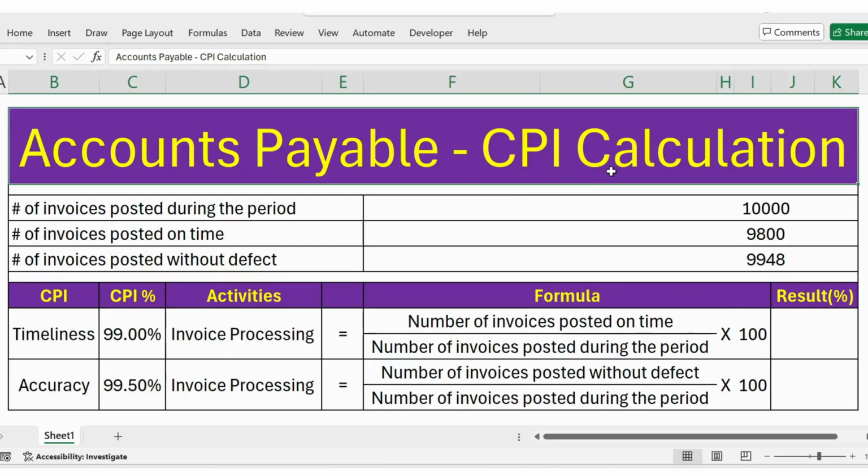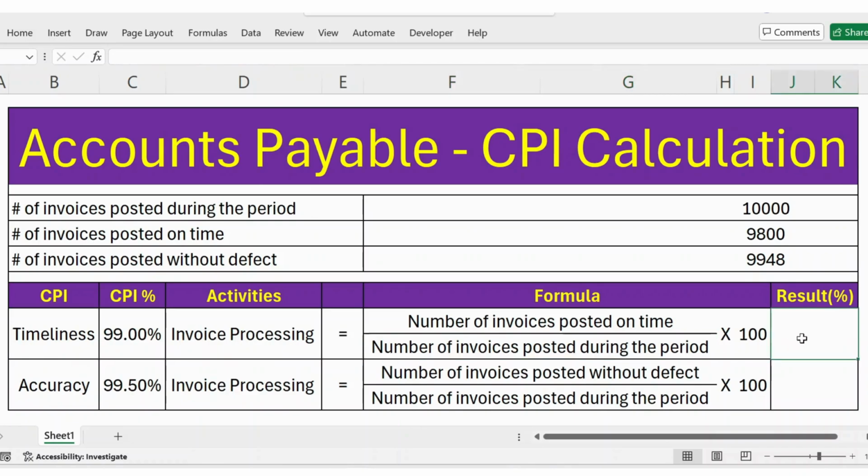CPI calculation, that is, key performance indicator calculation for the accounts payable process. The first one is timeliness and the second one is accuracy. To calculate timeliness, the formula is number of invoices posted on time divided by number of invoices posted during the